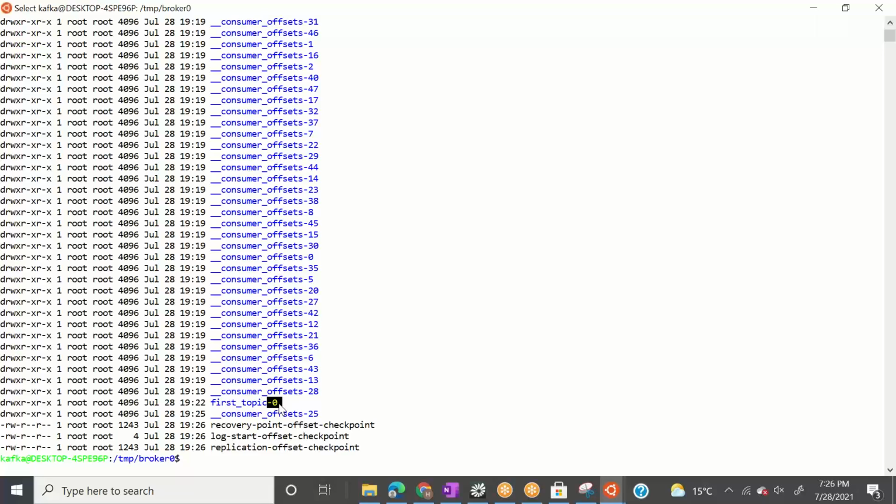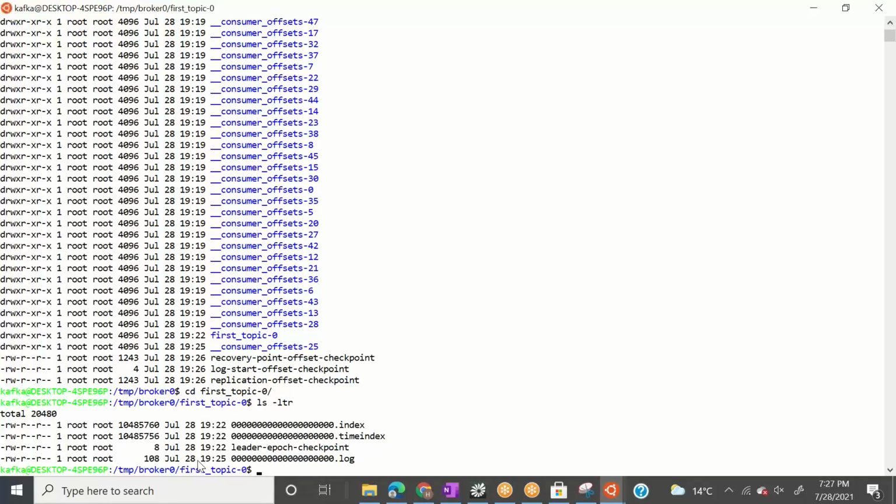Since I have only one partition, it will only have 0. Let's come to that later, but let's go inside with cd first and do ls -ltr. What I explained to you is that everything will be stored inside the log file. So this is your segment.